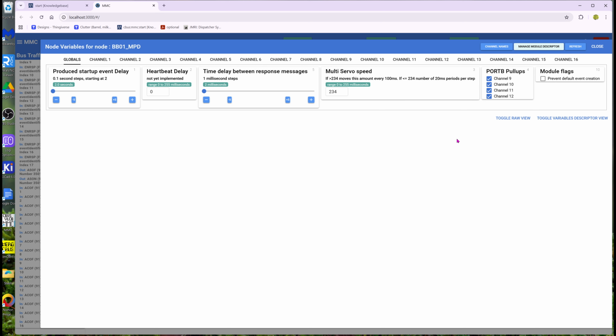This is a CANVServo, so that board has hardware pull-ups for channels 9 to 12, so I need to turn these all off. Okay? Next thing, over here there is a thing that says prevent default event creation. Good idea. So if I change a channel to a servo, it won't set up the feedback events for start, mid, and end. If it did set them up, they'd all be long events,